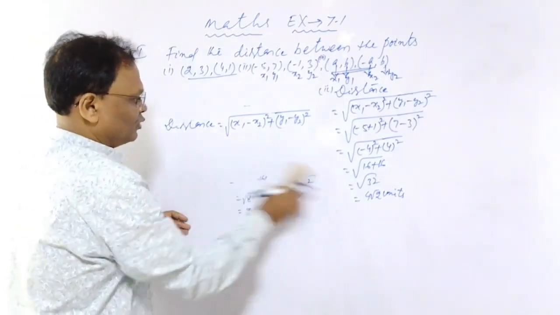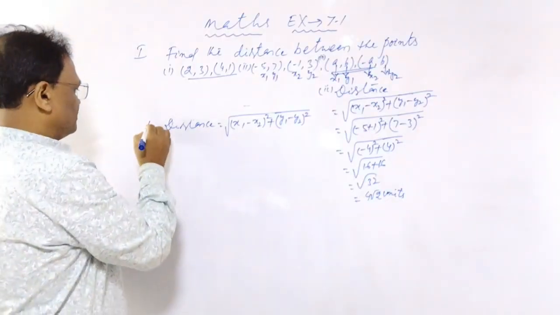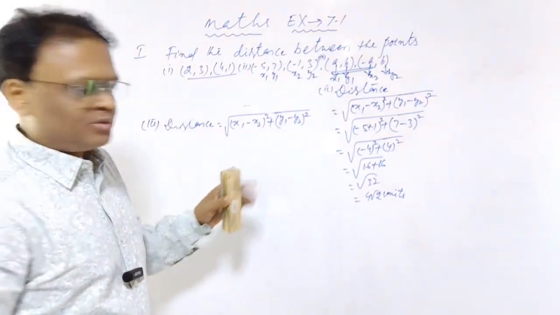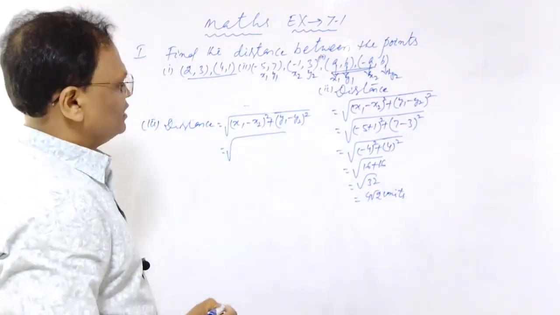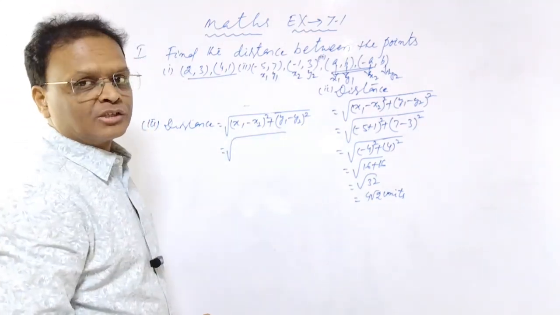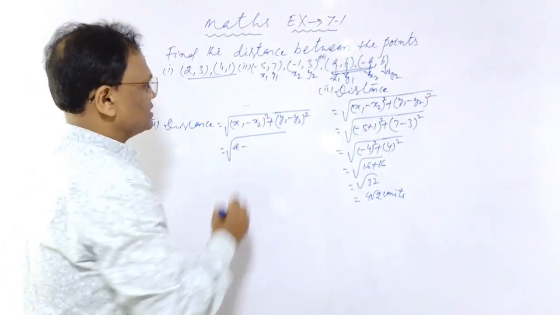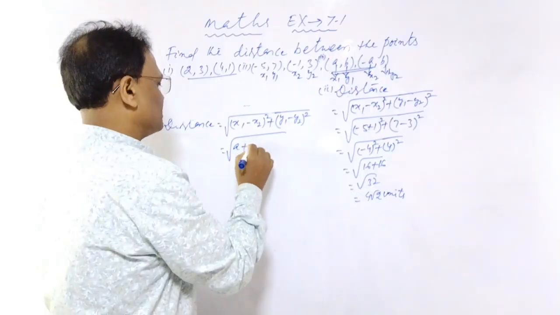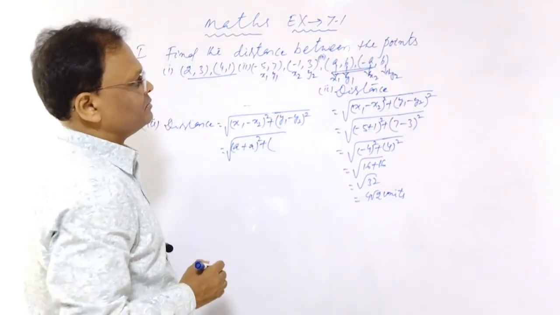This is the third one. What am I going to do? Distance is equal to this formula only, which I have to use. But let me substitute the values. x1 minus x2. What is x1? x1 is a, minus, what is x2? x2 is minus a. That means this will be plus a whole square, plus